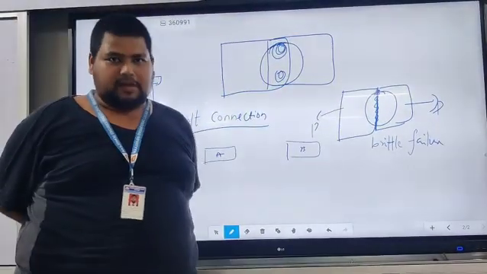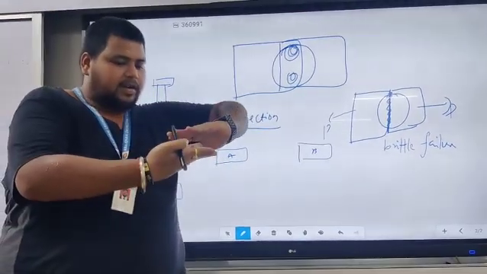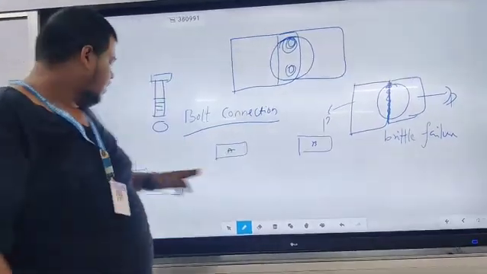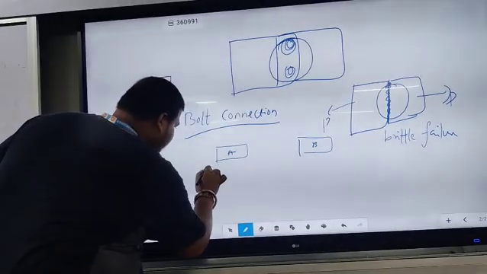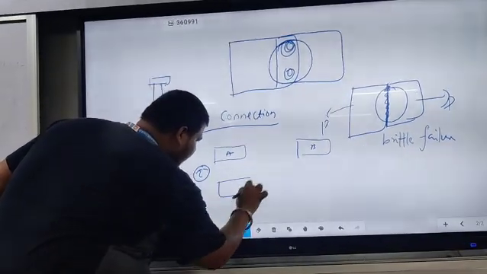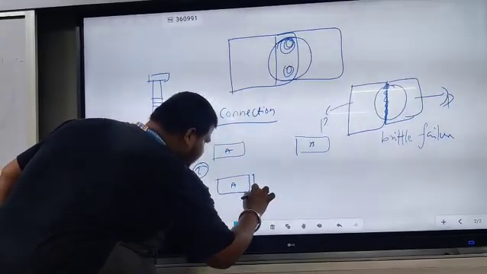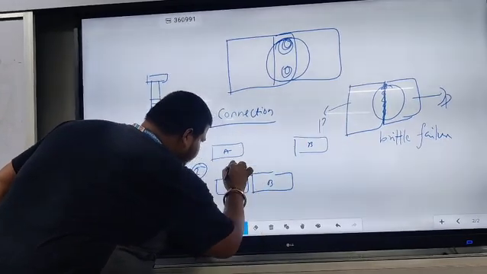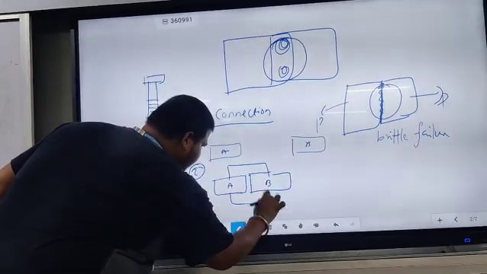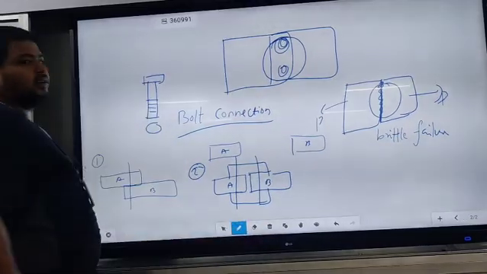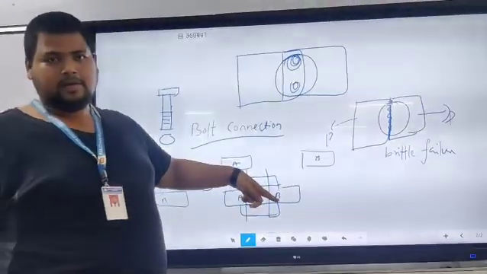This is called lap connection. Lap means one plate on another plate. This is called lap connection. And the second connection, how can I join? Suppose this is my plate A and this is my plate B, okay, and by putting another plate here and another plate here and bolting connection. This is called bolt joint. What means two plates are